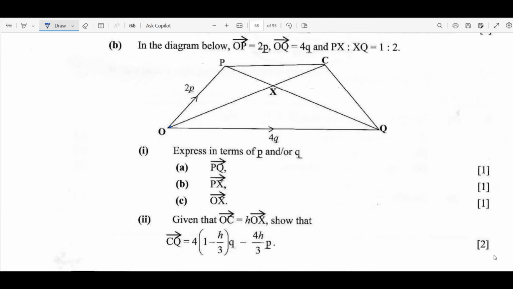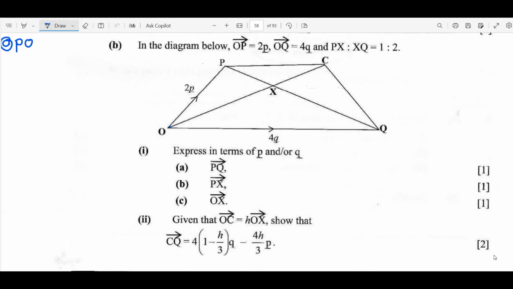So in the diagram below, OP is equal to 2P, OQ is equal to 4Q, and PX to XQ is equal to 1 to 2. So we have been given vectors and also some ratios. Now let's have a look at the first question. Expressed in terms of P and OQ, the first one, we want to find the vector